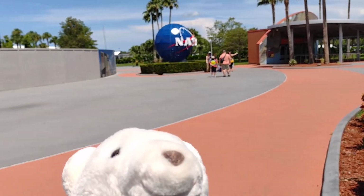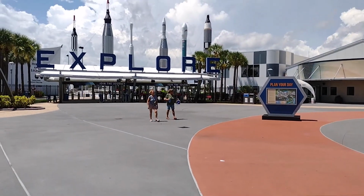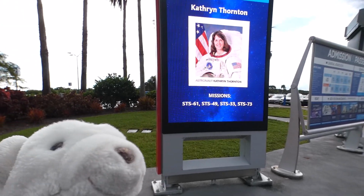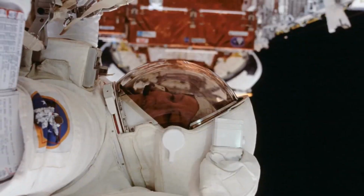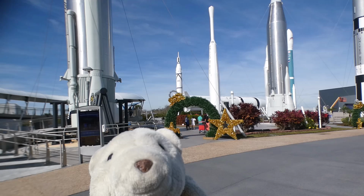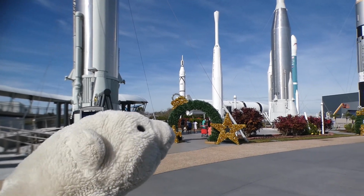Unless you are waiting for somebody to get tickets, don't wait in line to take selfies by the NASA logo at the gate, but go right in and figure out what things happen at certain times like IMAX shows or guided tours. Looks like there is an astronaut we might get to visit today. Here's a picture of her working on repairs to the Hubble Space Telescope in 1993. If there is a show or guided tour of the rocket garden in the next 15 minutes, wait around until